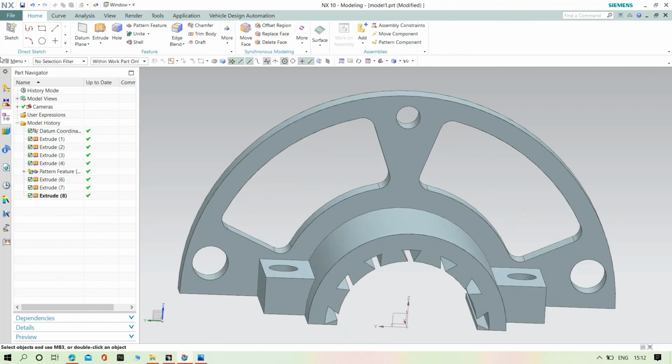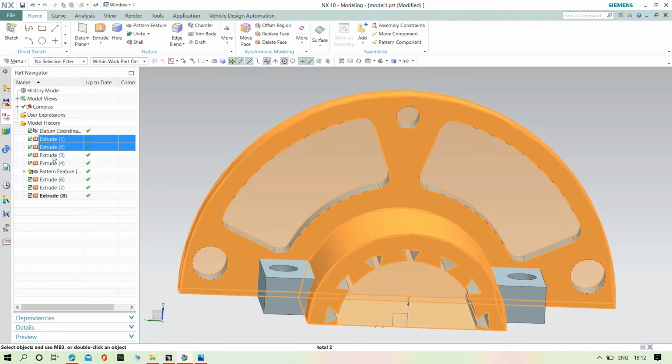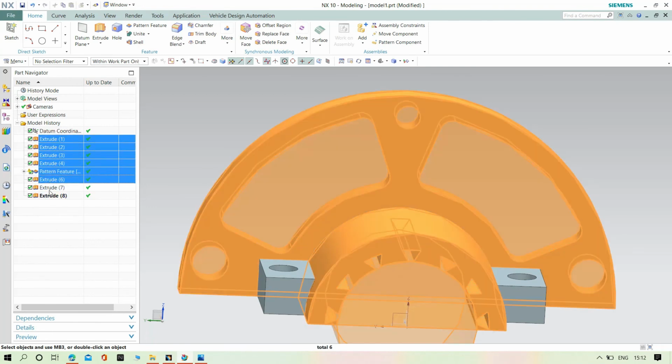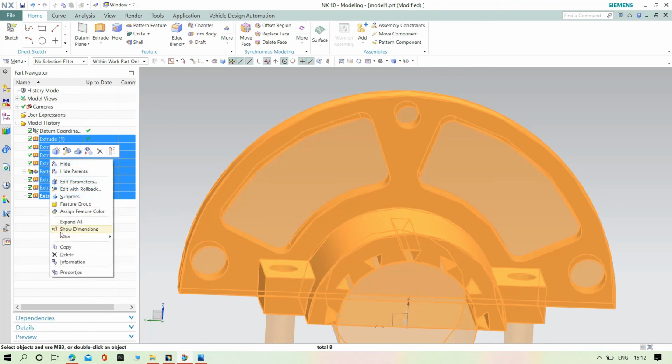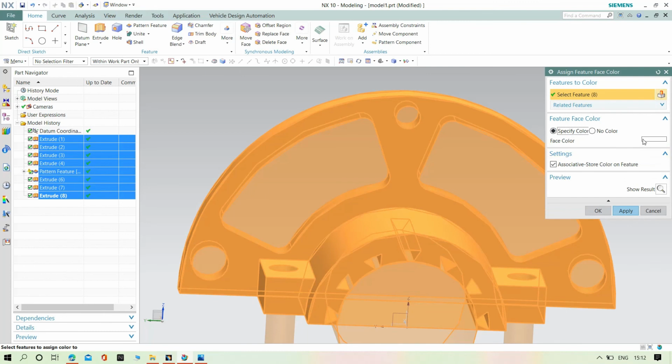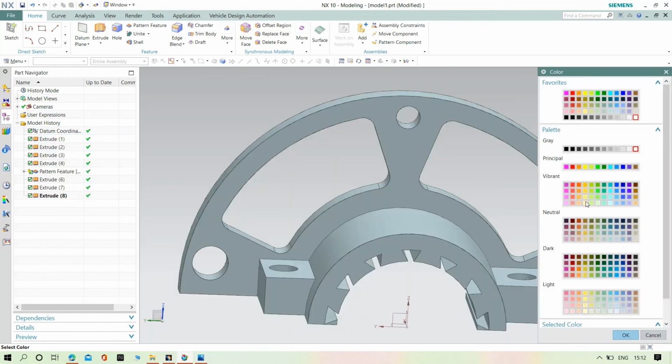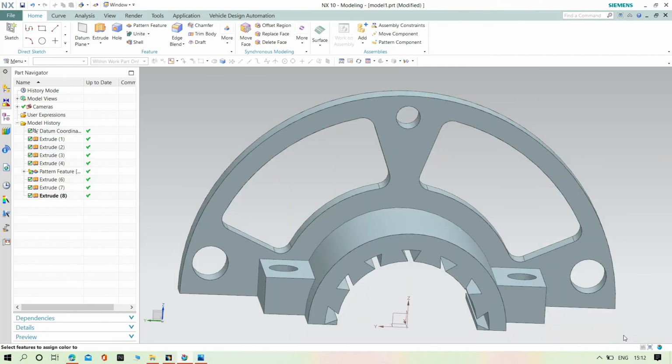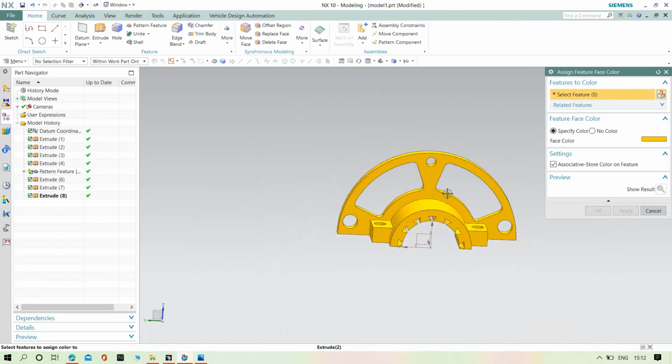Now we need to add the color. Apply. Yeah,